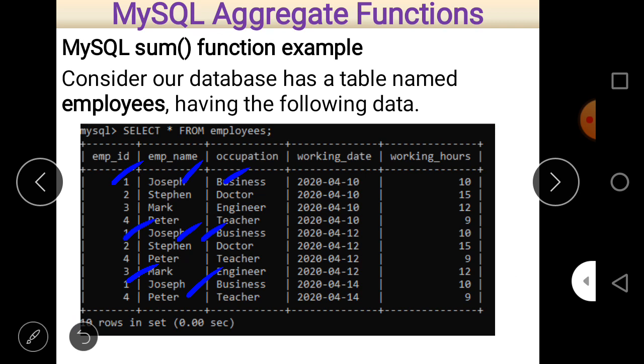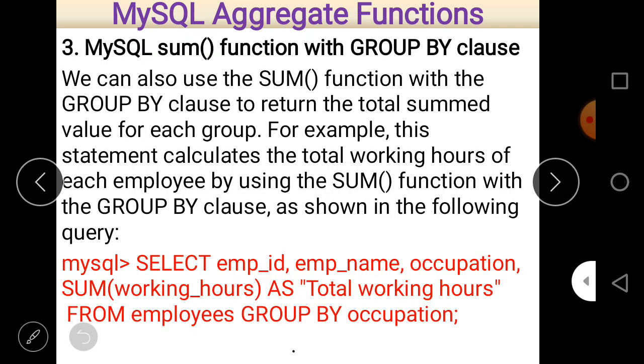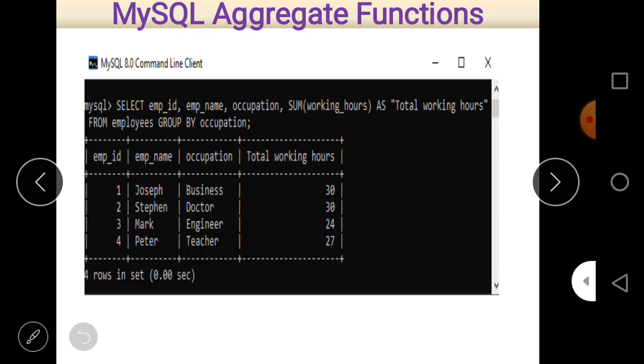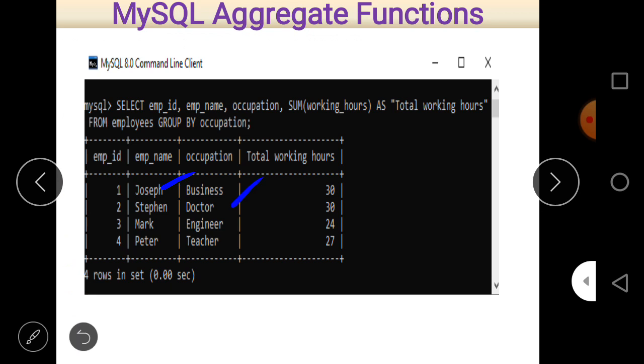Joseph is the same for the business occupation, but if it were different, there may be a certain problem or information missing. But in this case there is no such missing information. So let us see again, that is the output. Now I think it is clear to all of you.